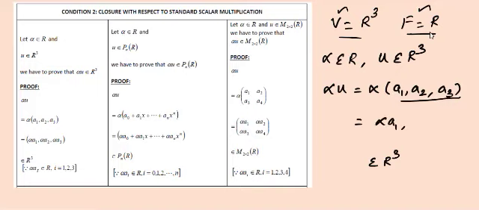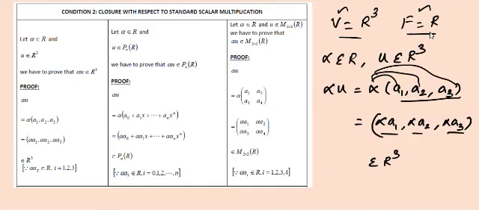So this is alpha A1, alpha A2, alpha A3. We are just continuing multiplying it component wise. Okay, so this belongs to R3. Why am I saying that? See, alpha is a real number, A1 is also a real number. So alpha A1, the product of two real numbers, will be a real number. Keep in mind, addition and product of two real numbers will be a real number. So these three quantities belong to real numbers. So this is the structure for R3.